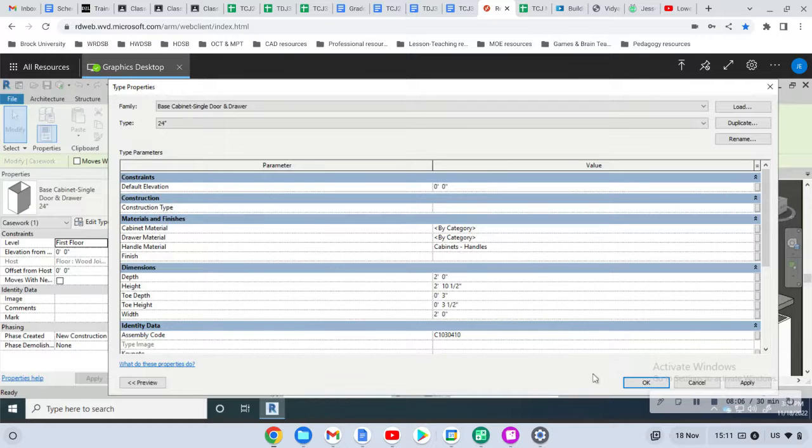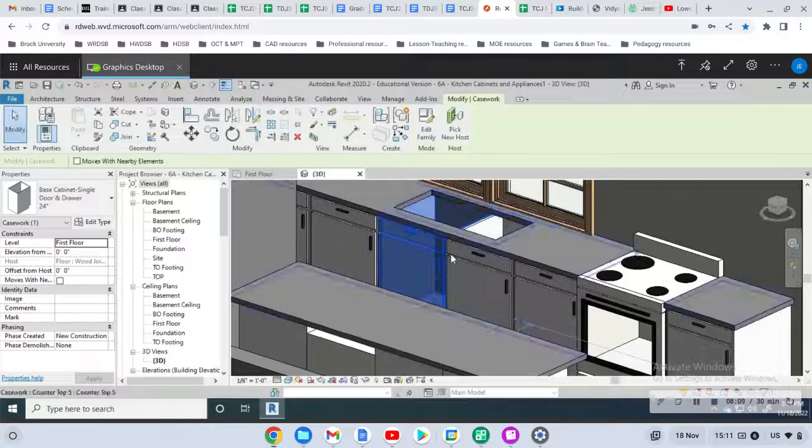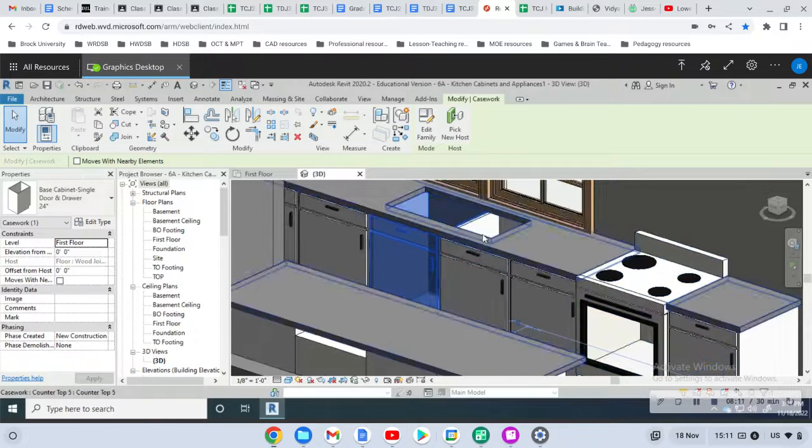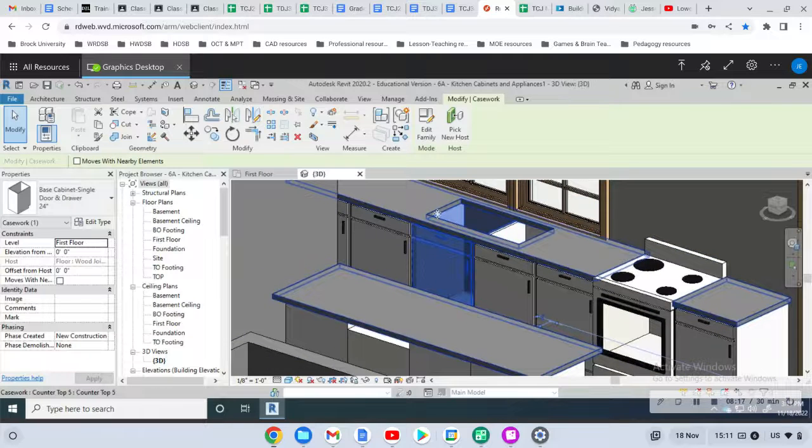And we're going to hit enter, and we're going to say okay. Right away, we can see 3D models updated. This looks good. Okay, everything's flush across the top. That's what we want. Our next step is we're going to drop in a sink, and that'll drive what we